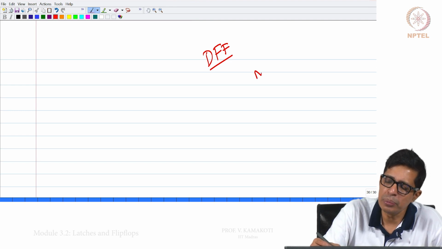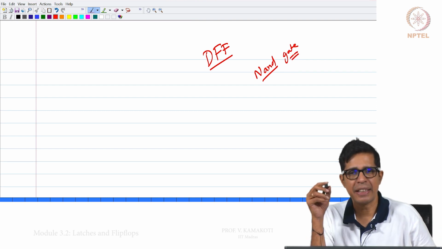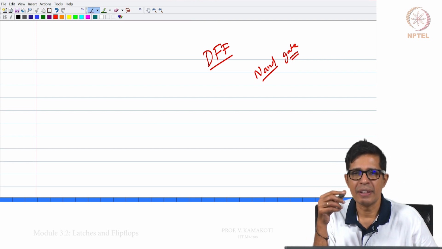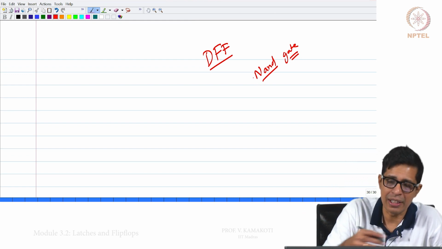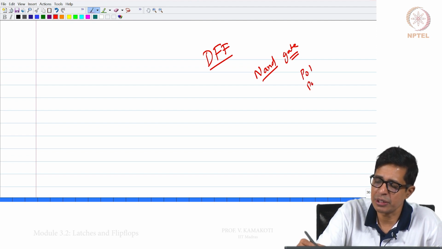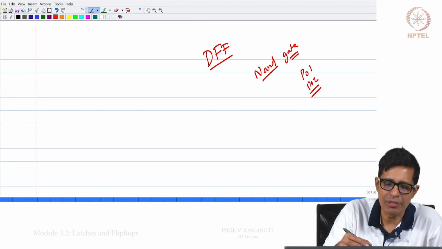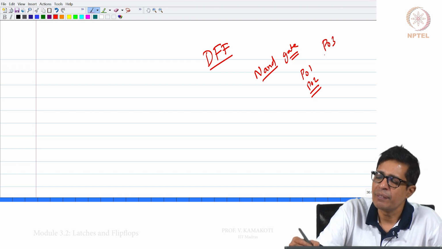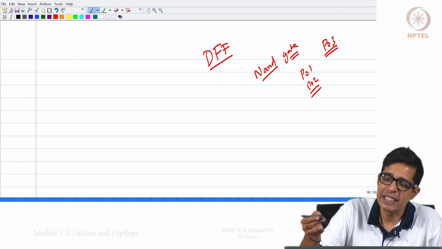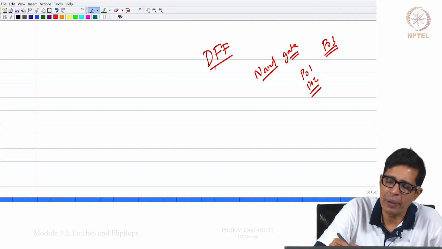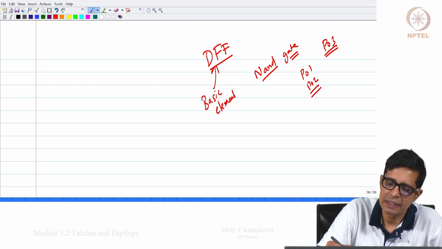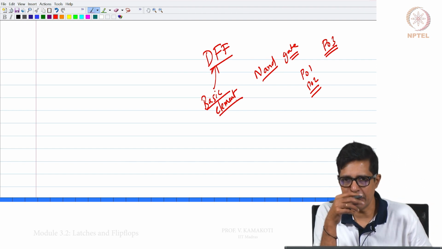But just like how we assume that the NAND gate is the basic element for the combinational circuit design that you have done as a part of your project 1 and project 2, now for the sequential circuit, which is part of your project 3, we will use the D flip flop as a basic element.